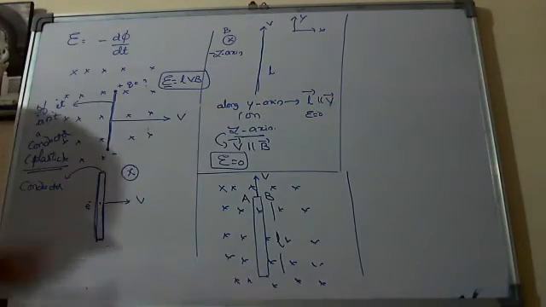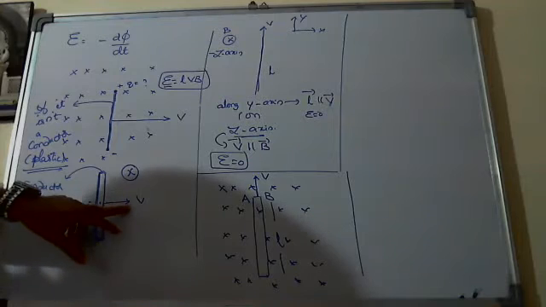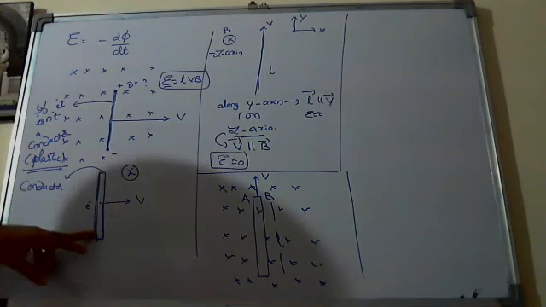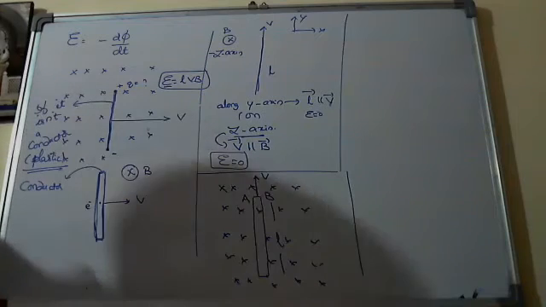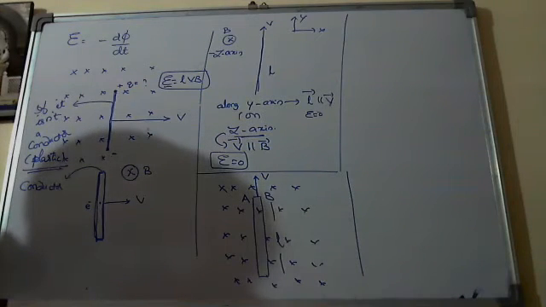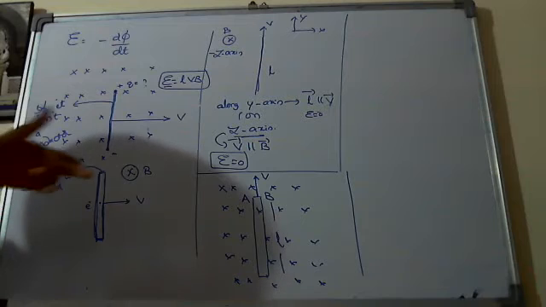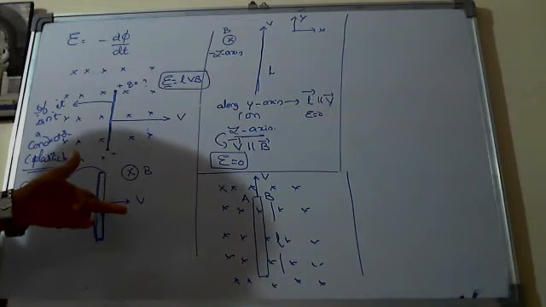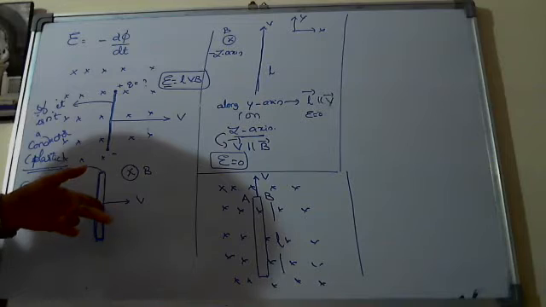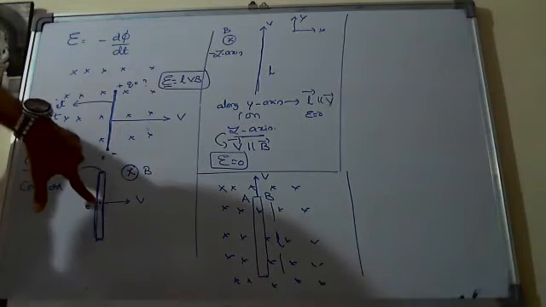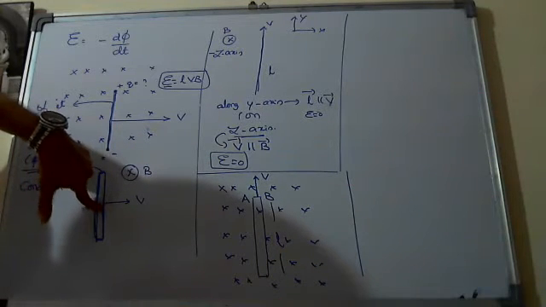Obviously, a charge getting some velocity with the conductor in a magnetic field experiences some force; that is the moving charges and magnetism concept. According to Fleming's left hand rule, what can you say? B is into the page, velocity is in this direction, but it is a negative charge, not a positive charge. Negative charge means we have to take the velocity direction in the opposite direction. So you will get the force downwards.